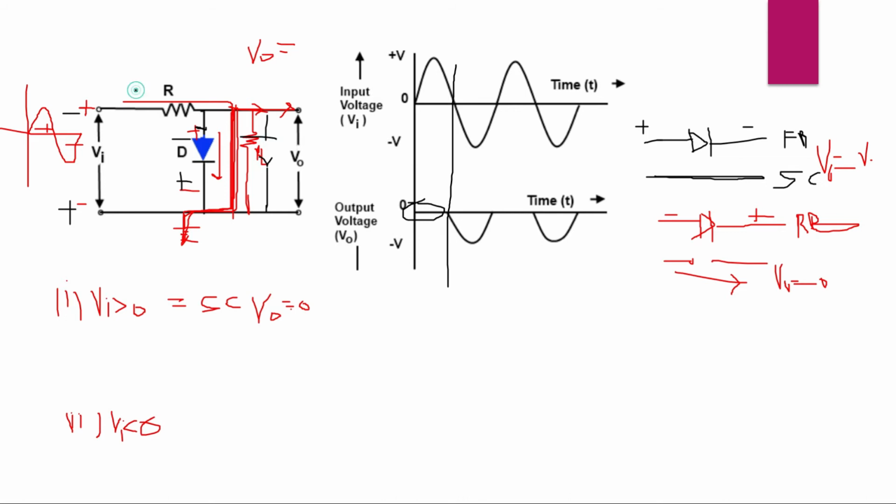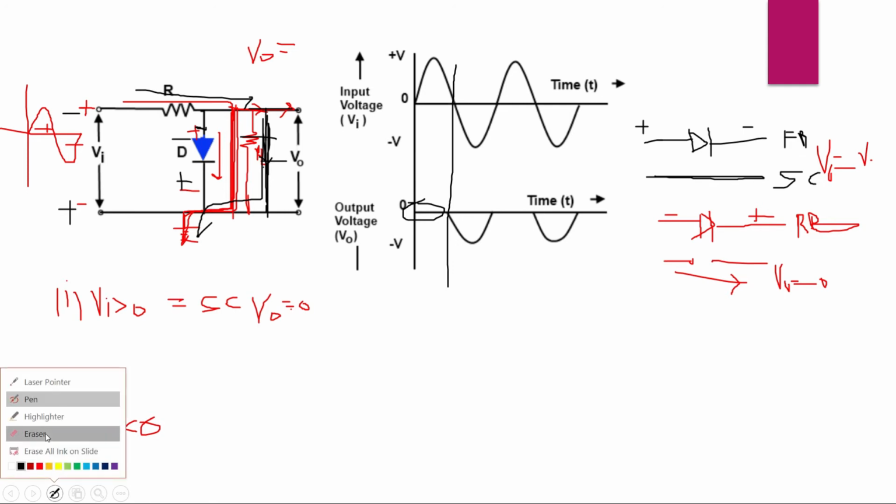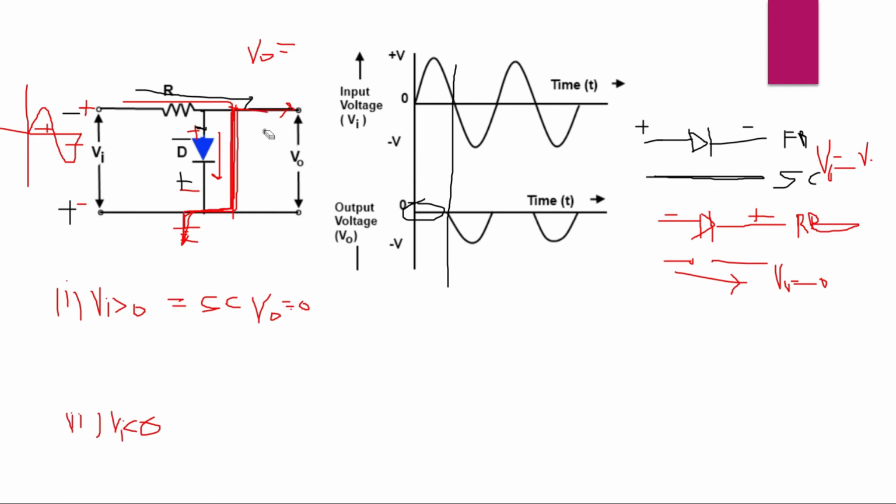Open circuit means whatever output we are getting from here will reflect on the output side. There is no path between this one. If a path is available, then it would also go to the ground. But it is open circuited, so because of that it will not allow the flow to the ground. It will allow it to show on the output side. So because of having an open circuit, whatever wave is coming from here will be reflected on the output. In this way we will get the negative half. In this way this positive parallel clipper circuit is going to work.